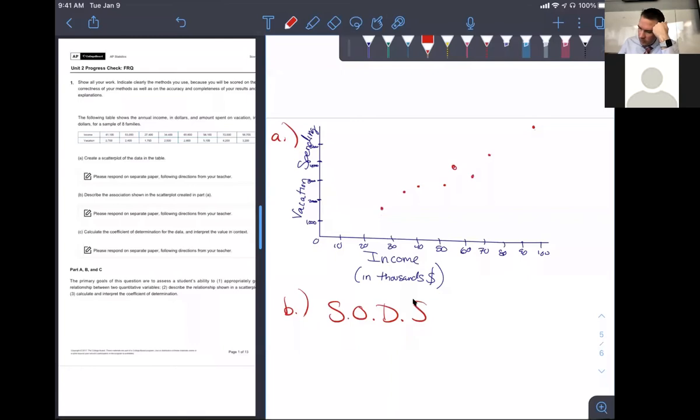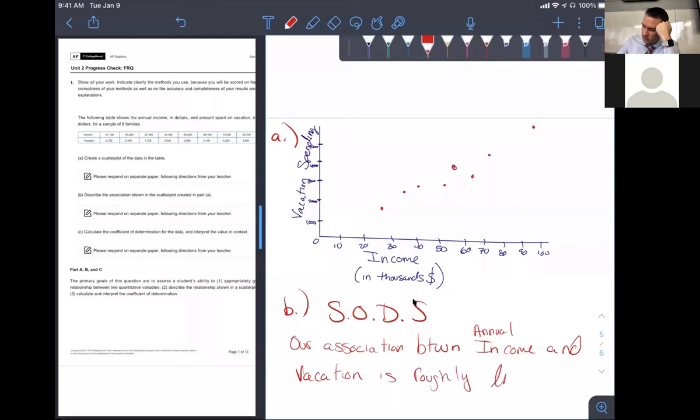So our association between annual income and vacation spending is roughly linear, positive,